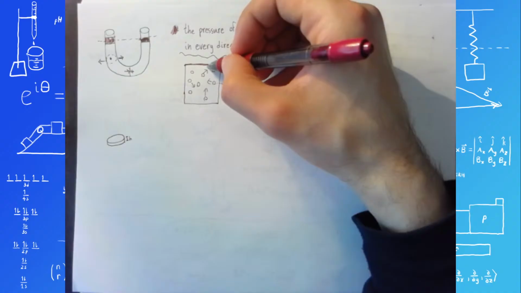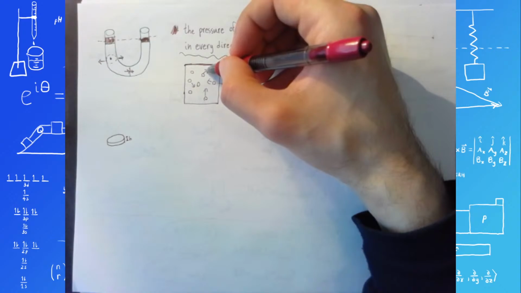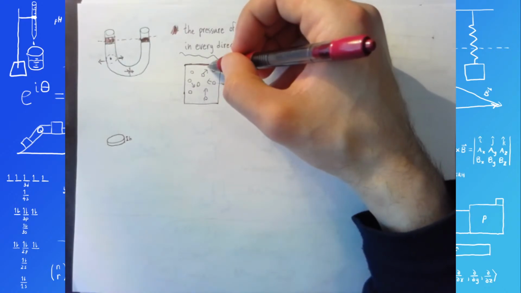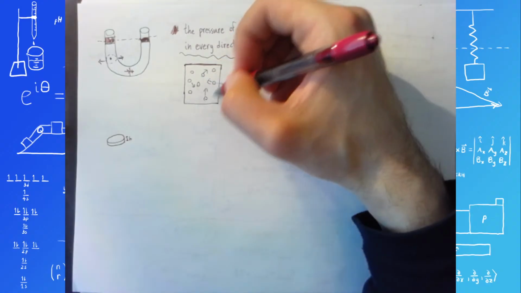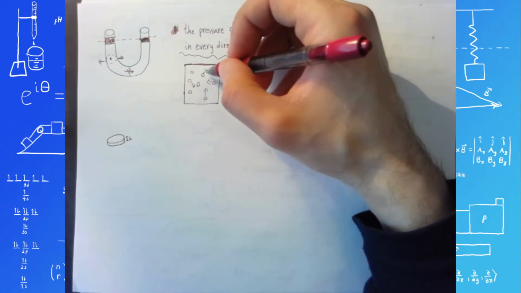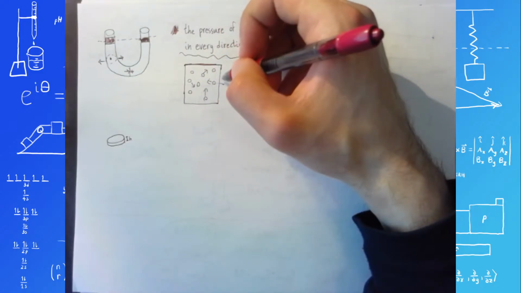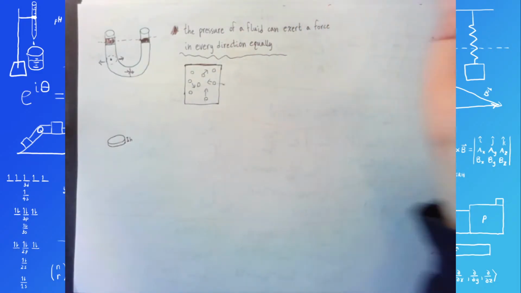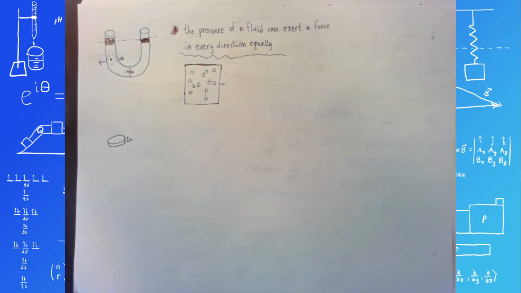And that's going to result in them moving faster. And if they move faster, well, then that just increases the frequency of their collisions with all of the walls. So it's really easy to see from the chemistry perspective, from this collision